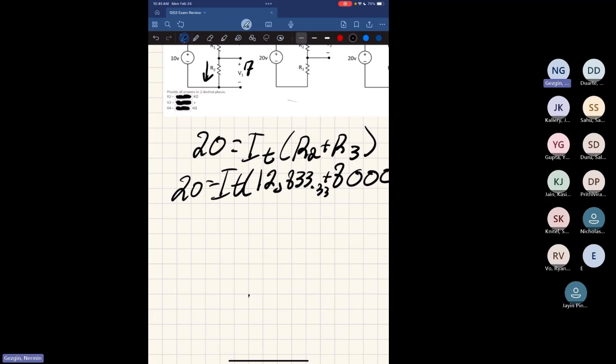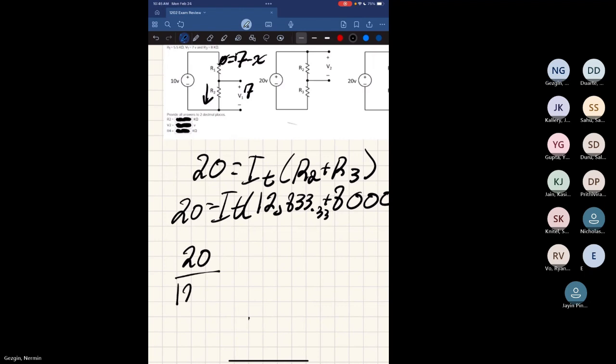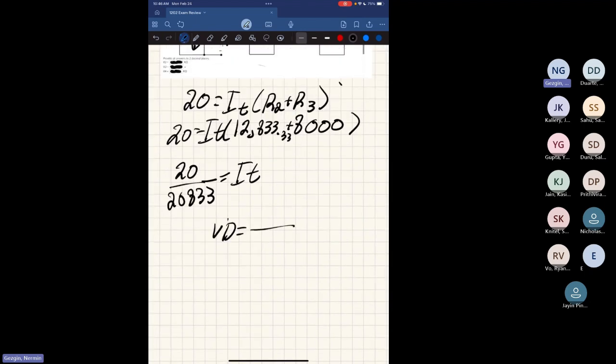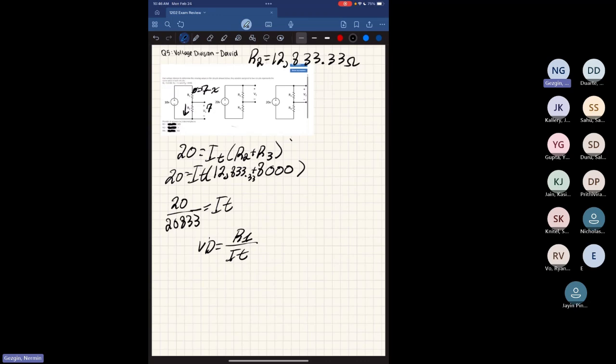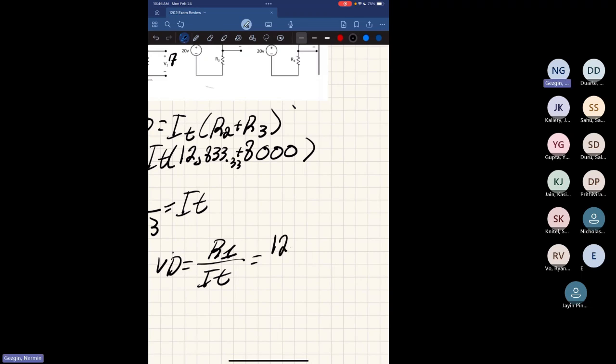Something was not right. So we're going to take 20 over that, and that's going to be equal to IT, and we know VD is equal to IT over R1, which could be any resistor. And so what we're left with is